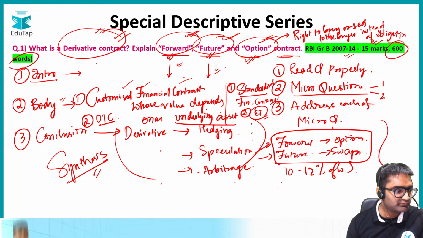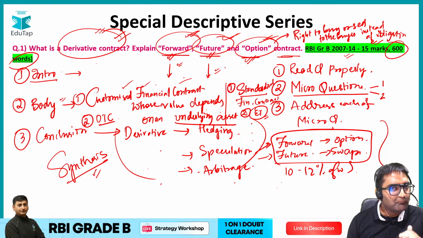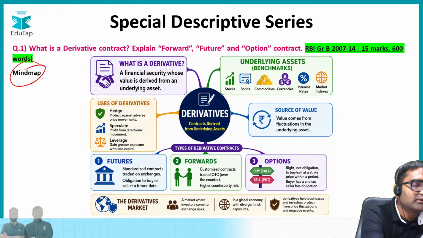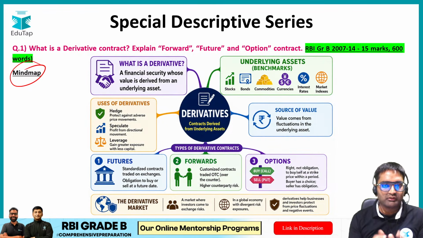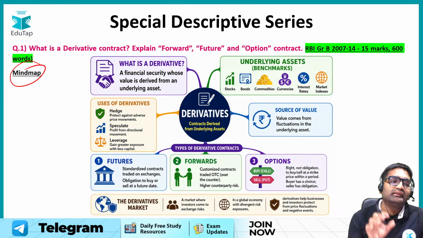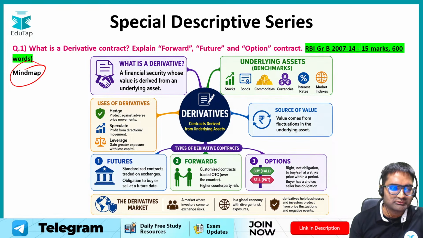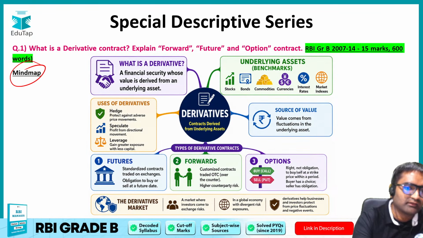If you would like to answer, how are you going to do that at the time of the exam? You can tell me in the chat box. My suggestion is go for a mind map. When you are giving this FM paper, you get a sheet of paper. In that sheet of paper, don't go for answering the entire question, but when you are writing by hand, you just mark the